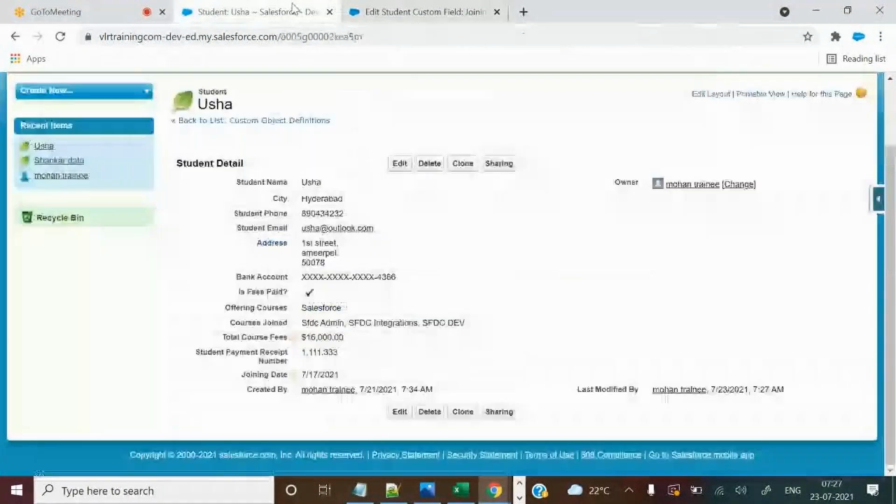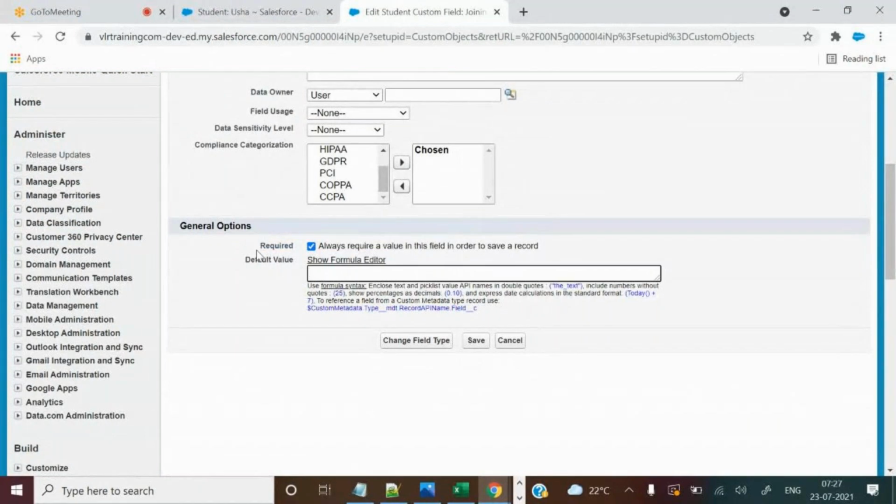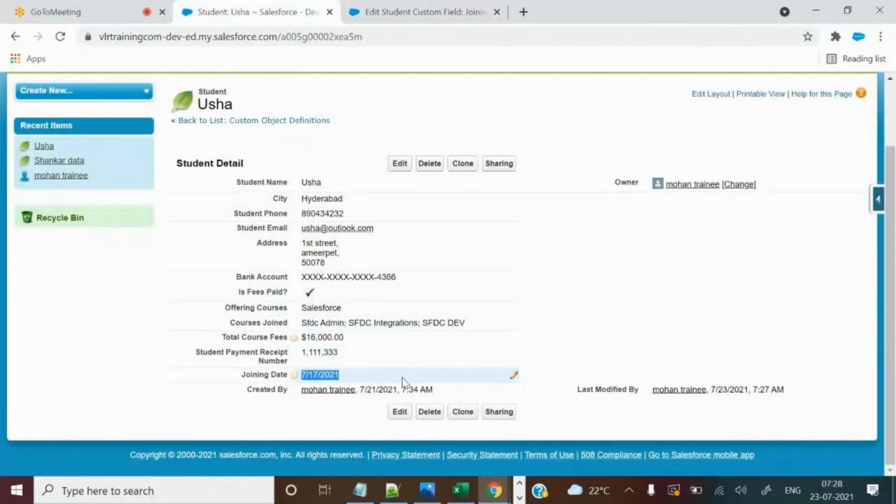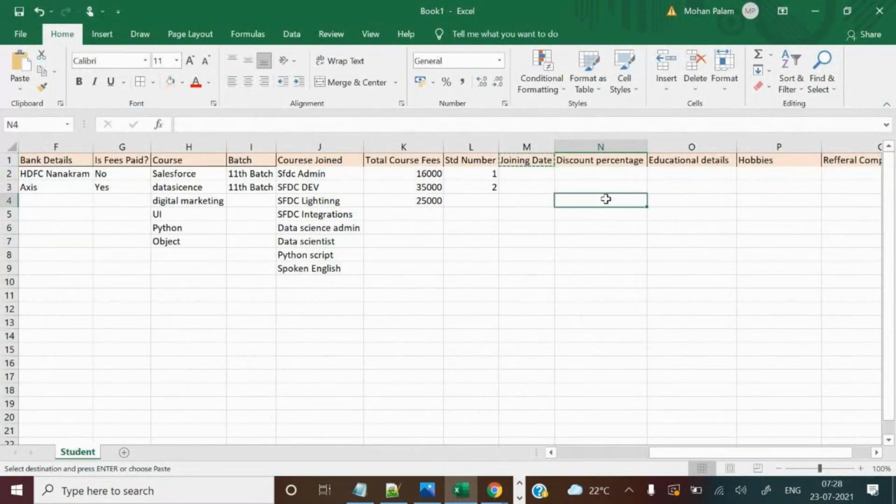Generally when it is needed, business people will tell you in the requirements that this customer definitely should enter a value on this field. That means you need to make this field mandatory, because in the business requirements they have mentioned it. If they don't mention it, unnecessarily you cannot make this field required. Remember, guys, you should have a business requirement. Don't worry, you will get to know once you go through the requirements.